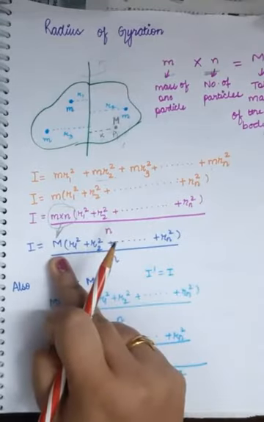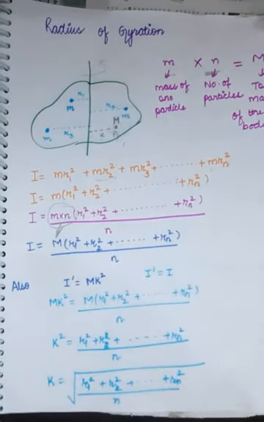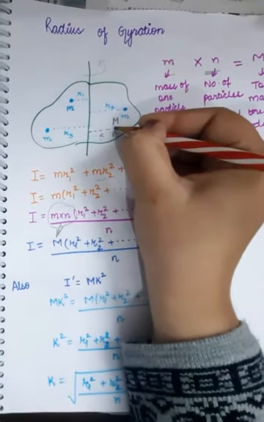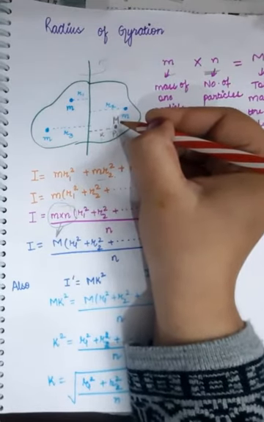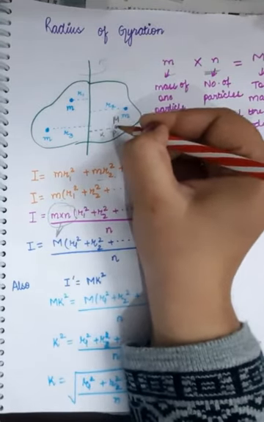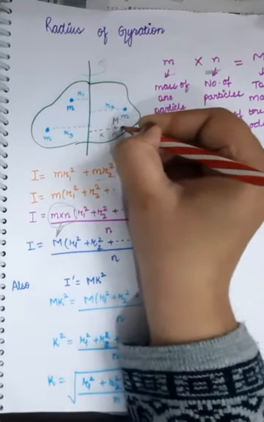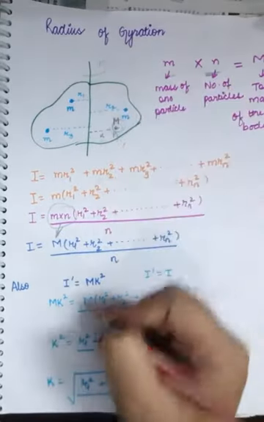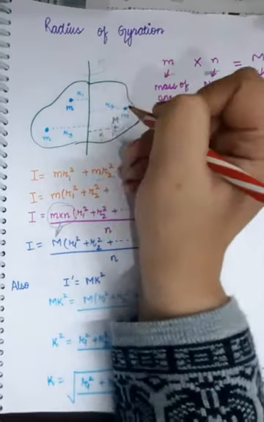That's what I have written over here, and the other stuff remains as it is. After that, this one point, which is the center of mass, or you can say the whole mass of the body, can be supposed to be concentrated over here. Just calculate the moment of inertia of this point only. So that will come out as capital M into the distance squared, since moment of inertia is mass into distance square.